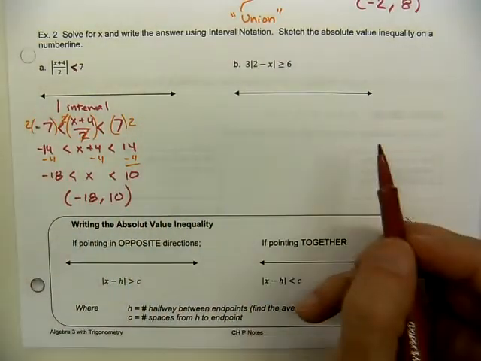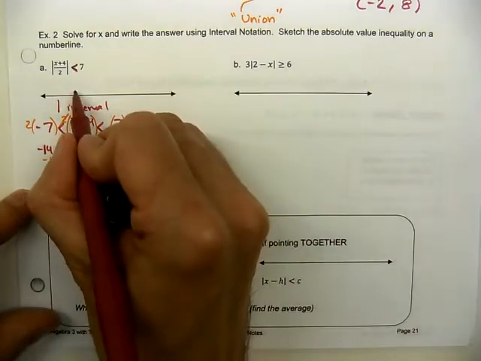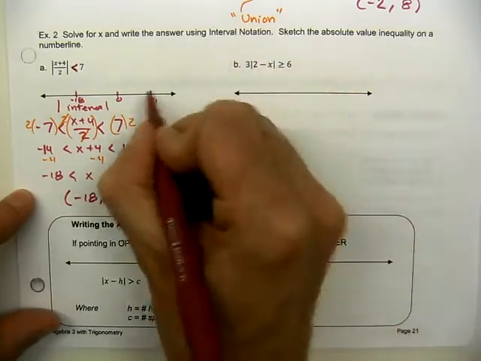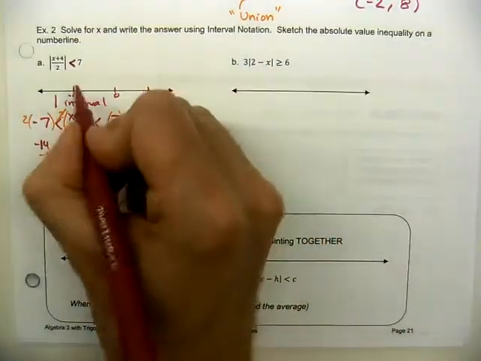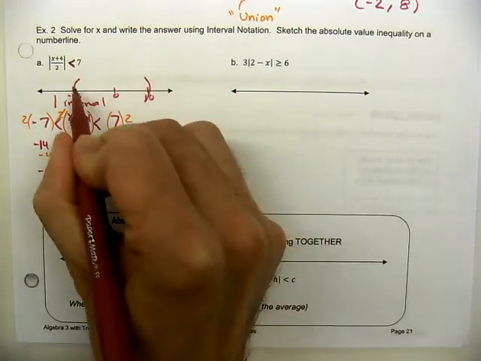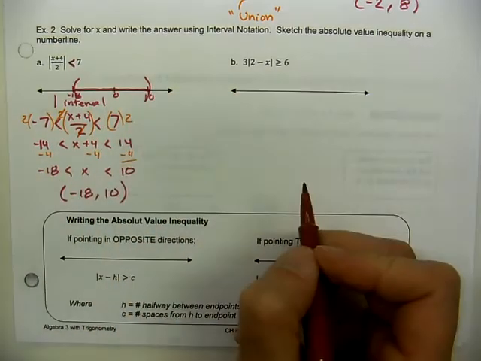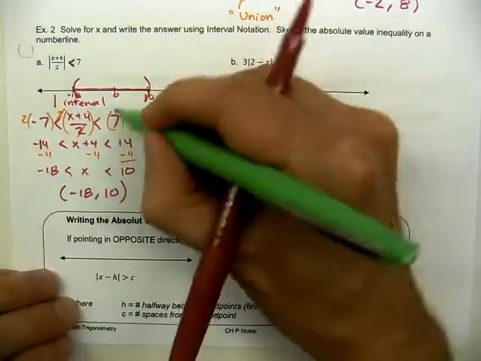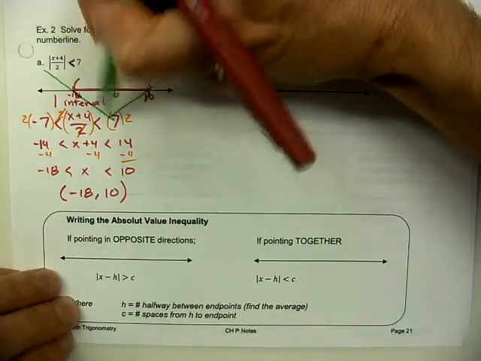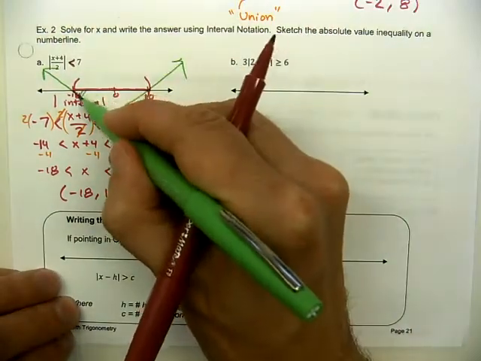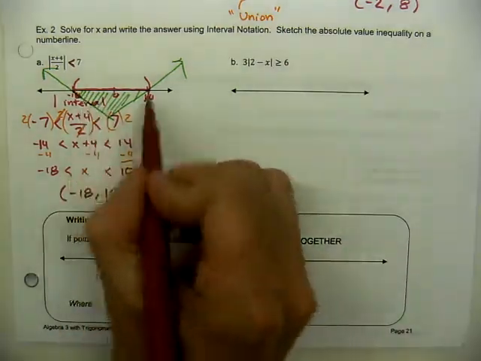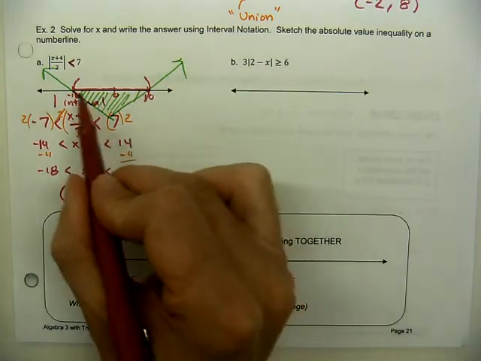If we were to represent that on the number line, here's my negative 18. I'm not really putting a scale on that, just for space, because otherwise it'll flow across the page. But it will look like this. That's how we represent that one interval. But what it's communicating is that you have this V-shaped graph that goes through those critical values, and we're asking where's the graph underneath the x-axis? It's underneath the x-axis between the values of negative